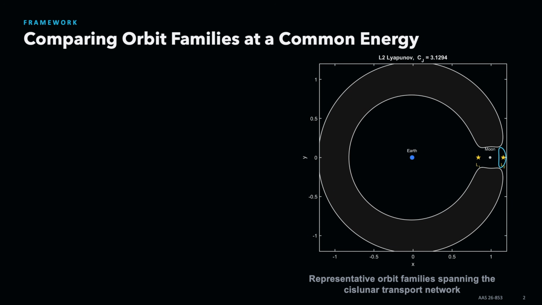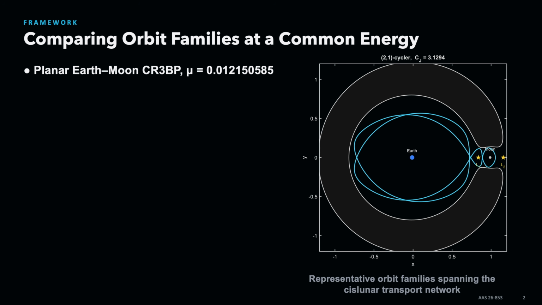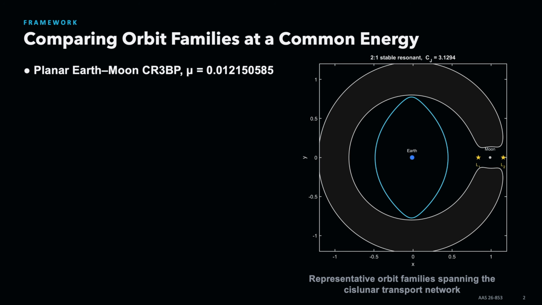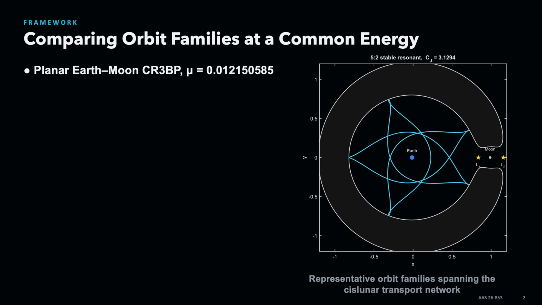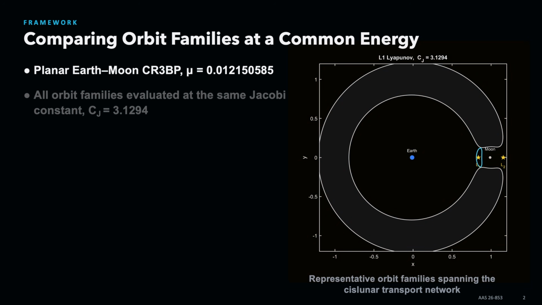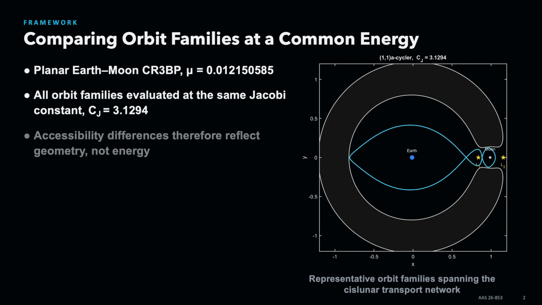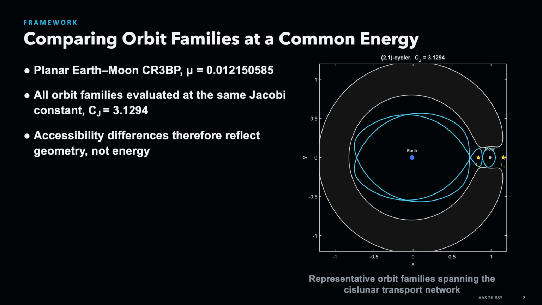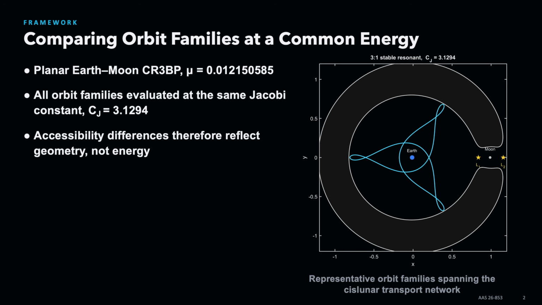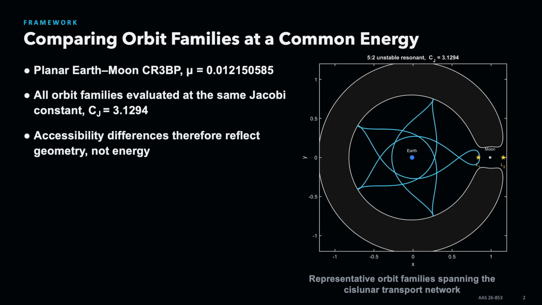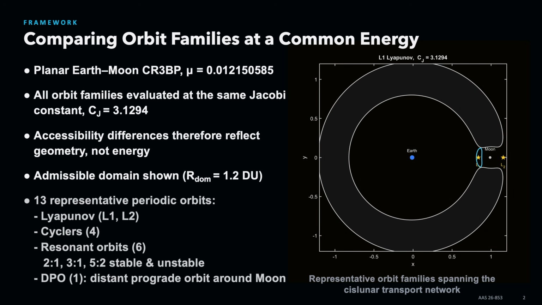We work in the planar Earth-Moon circular restricted three-body problem. The key control in this comparison is that all 13 representative orbits are evaluated at the same Jacobi constant. So any differences in accessibility reflect orbital geometry rather than an energy mismatch. The orbital domain is roughly the region shown, and it includes a catalog of 13 orbits that span a broad